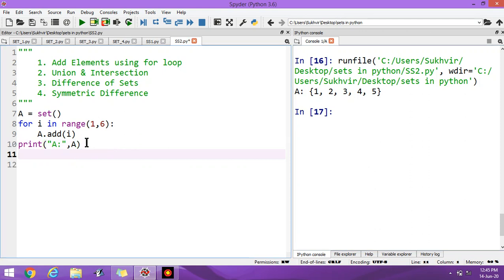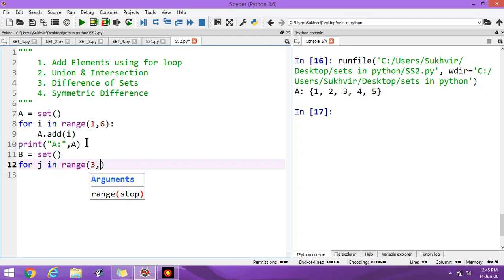Let us declare one more set. B is equal to set, then for j in range 3 to 8, basically it will print out the elements from 3 to 7.